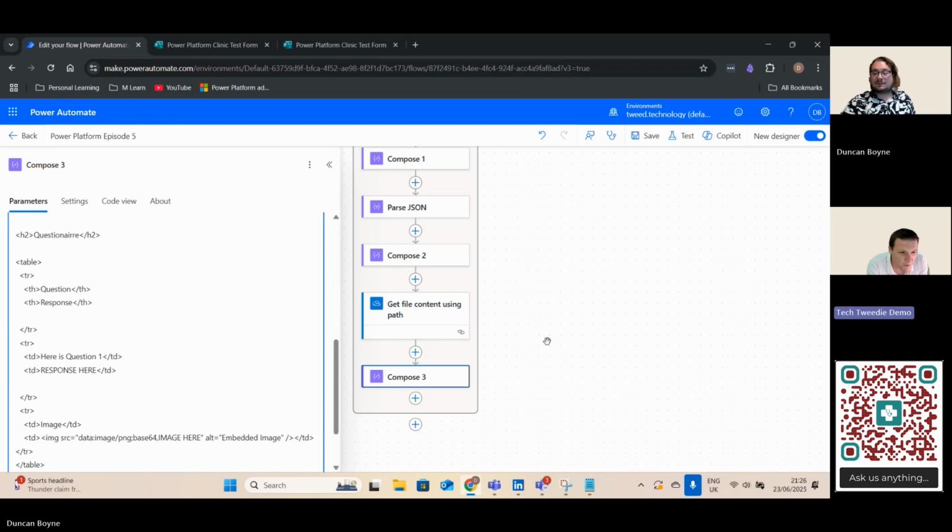So we've got a table, we've got a question, we've got a response. That TH is table header tags. TR means table row. So our first line is question, response. Our second row is here is question 1, and then I put response here. What we need to do there is drop the dynamic object in for response 1. So if you delete out response here,